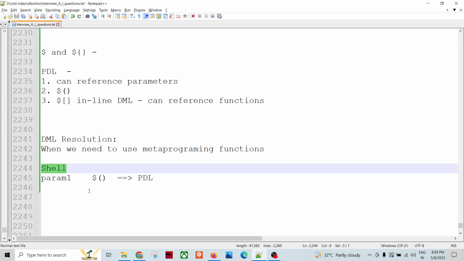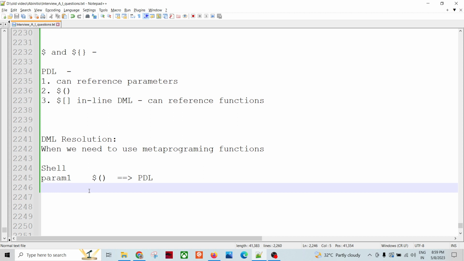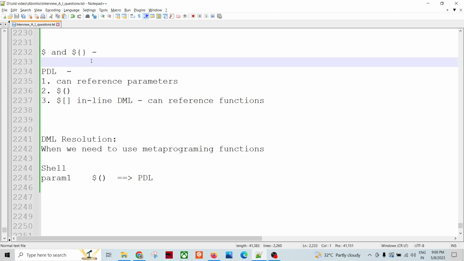We can use it in current versions as well, but we want to avoid it because it's not that native to Ab Initio. So mostly PDL has occupied the cell space, and then again the DML resolution is going to be more popular these days. So we are going to discuss the beginning part, like dollar and dollar middle bracket references and